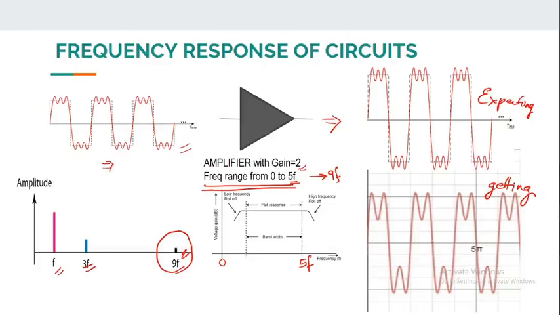That is, the amplifier is band limited to 5f, so frequency components greater than 5f will be cut off by the amplifier. So the third component is cut off, and we will get the first two components added together and then amplified to form a wave shape like this, and this is the resultant wave. This can only be explained by using the frequency domain. That is the significance of frequency domain analysis.